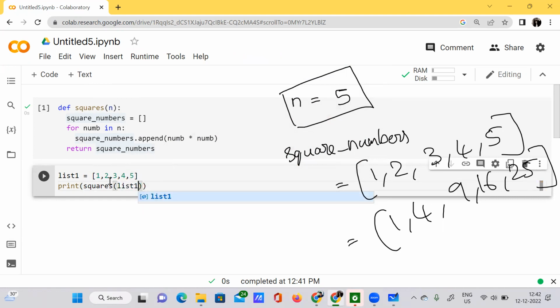See here, what I have done is, first of all, I have made a list that is 1, 2, 3, 4, 5. So in total, I have passed 5 elements, right? And then I need to square it up. So if I want to square all these elements in the list, what I have to do is I need